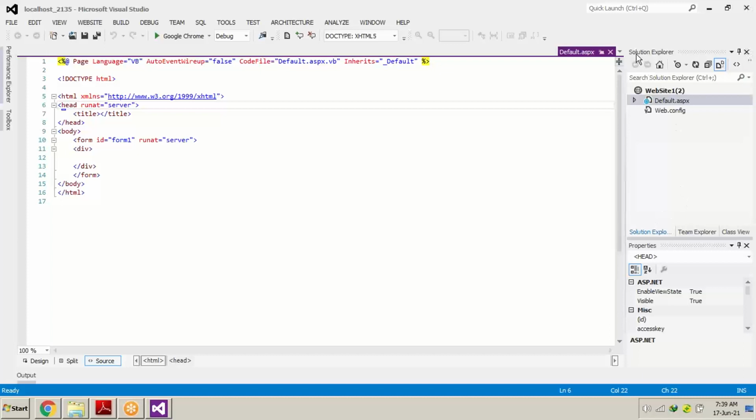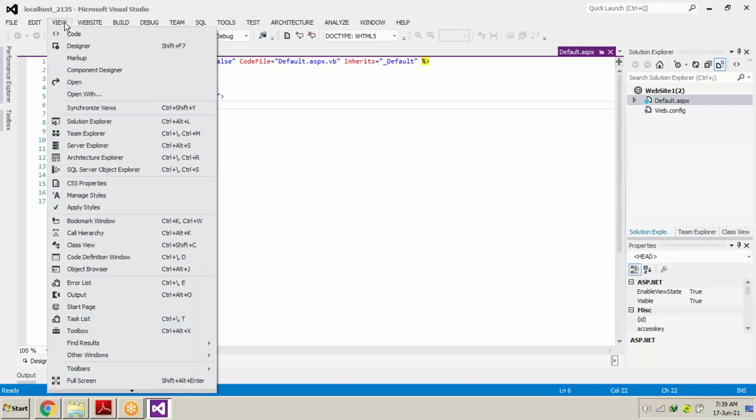Some might not see the Solution Explorer, some might not see the Property window. These two windows can also be pulled out from the View section. You can see over here the Solution Explorer and the Property window.